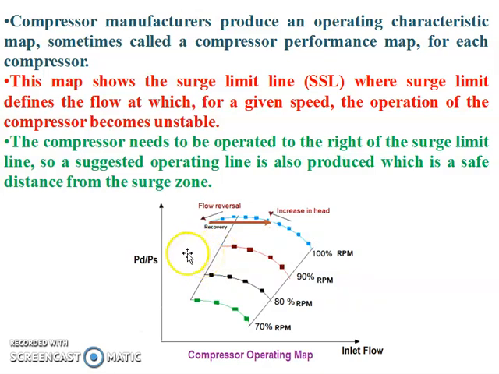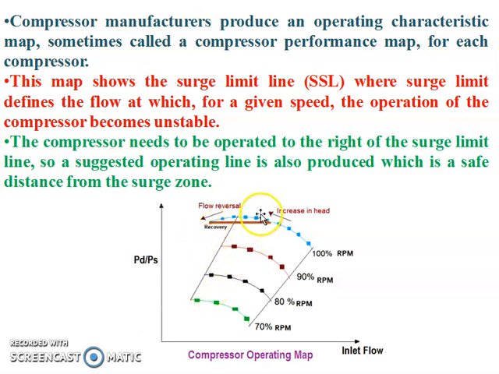If the compressor operates on the left side of this line, then it will go into the surge effect or the surge cycle. If it is on the line or on the right side of this line, then it will be in the anti-surge region. While designing the control scheme, it is designed in such a way that the compressor will not enter the left region of this SSL.